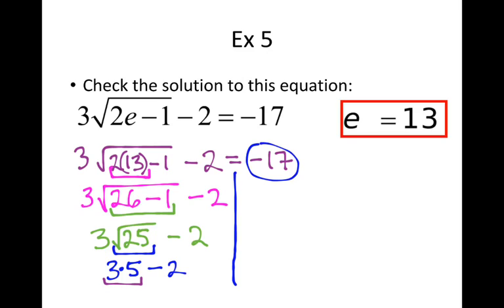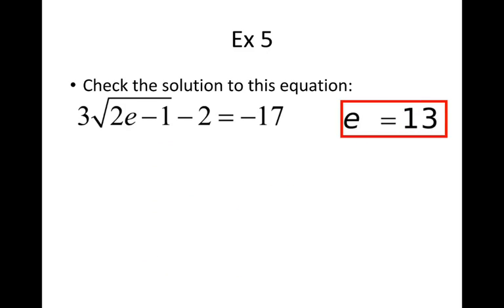3 times 5 is 15 minus 2. And then 15 minus 2 is, I'm running out of room here, but that's going to be 13, right? And is 13 equal to negative 17? No, so what does that mean? Wrong answer. Put an X through it. So the next one